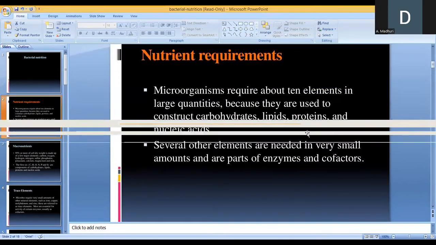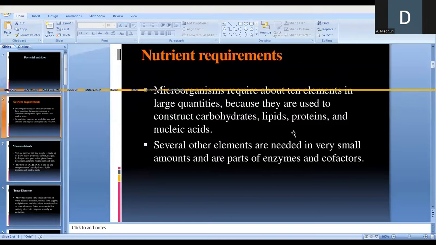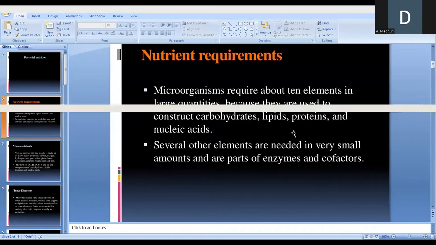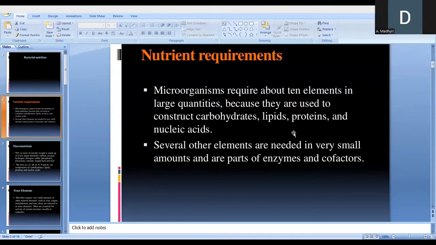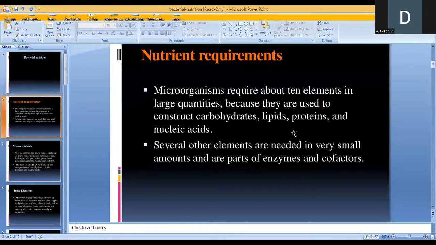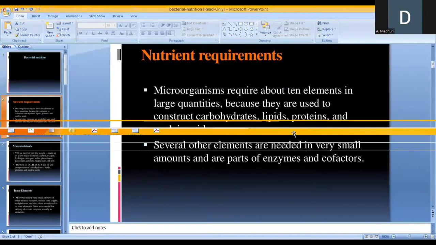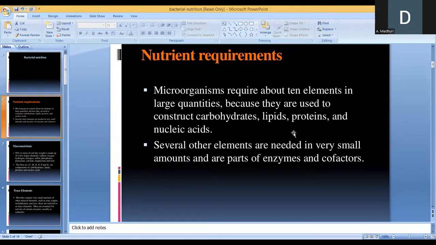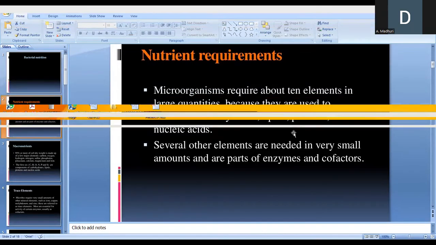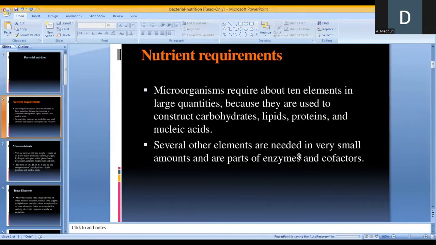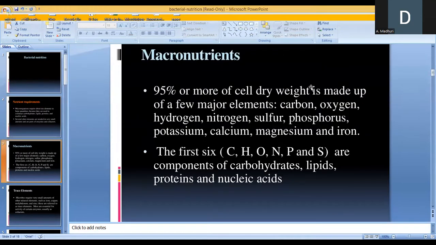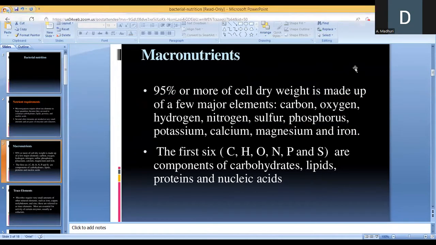Okay. So bacteria need different nutrients. Out of these nutrients, some they may need in larger quantities and some in minor quantities. So the nutrients which are required in major quantities are called macronutrients, and the nutrients which are required in minor quantities are called trace elements or minor nutrients. Right. So here, what about macronutrients? Macronutrients are required in larger quantities, and